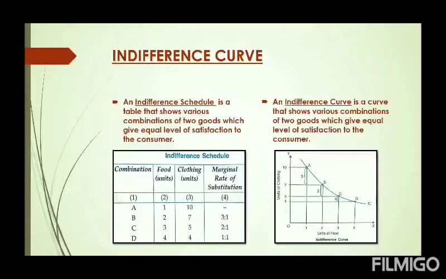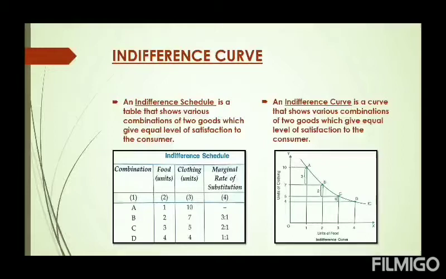Similarly, in order to get one more unit of food from 2 to 3 units, consumer is consuming now only 5 units of clothes. That means consumption of one commodity is increasing and the other is decreasing in order to be on the same level of satisfaction. Keeping the satisfaction level same, the two commodities which the consumer is consuming can have n number of combinations which give the same level of satisfaction. Now the table which shows this kind of relation between two goods with the same level of satisfaction is called indifference schedule.